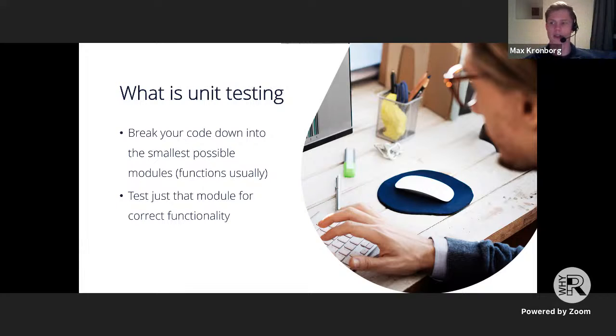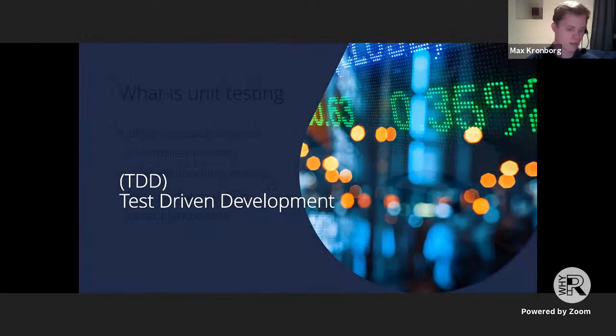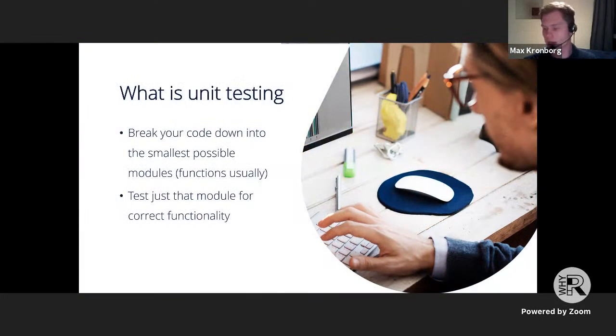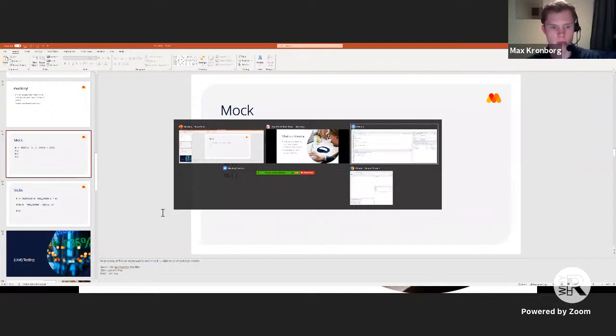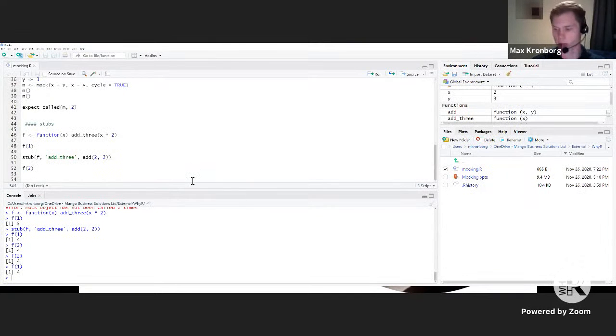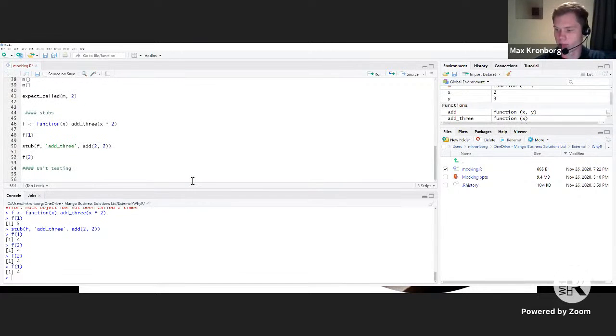And then you write tests for each module and you test them separately. And then, actually, let me give you a slight demonstration of this. So we're going to write some more functions. So unit testing. We're going to have something fairly simple.